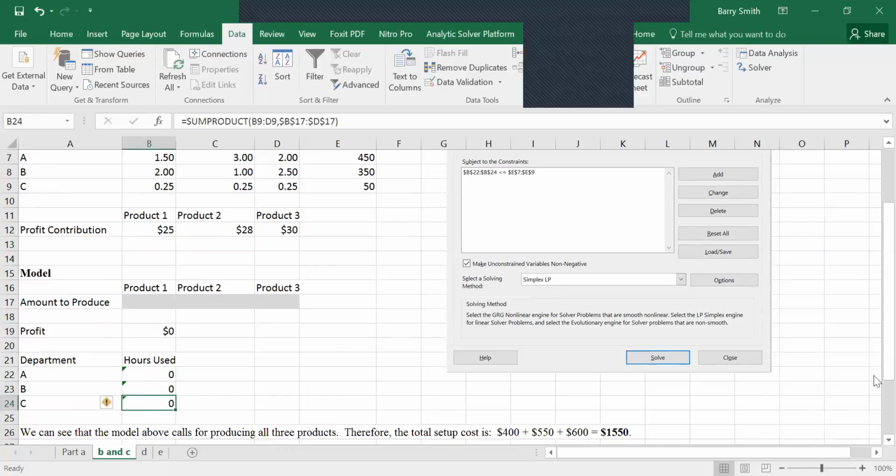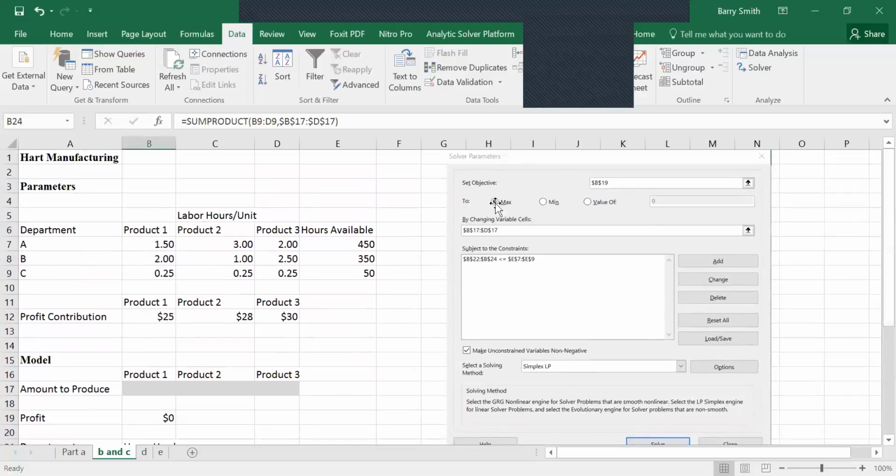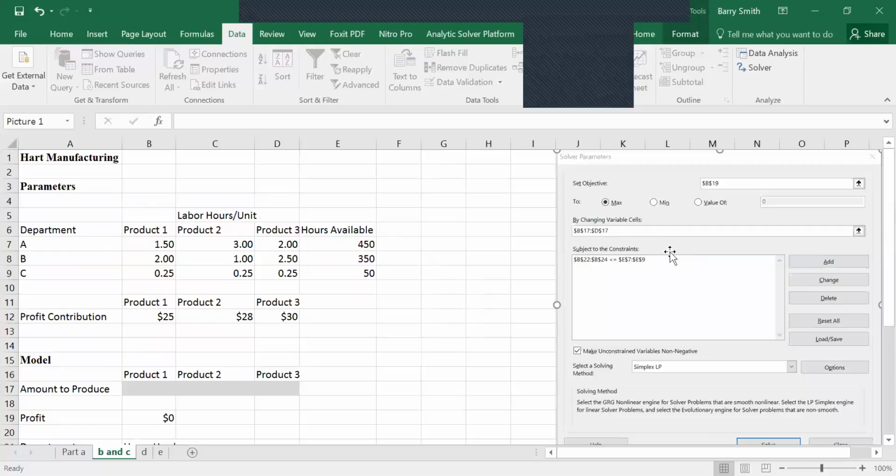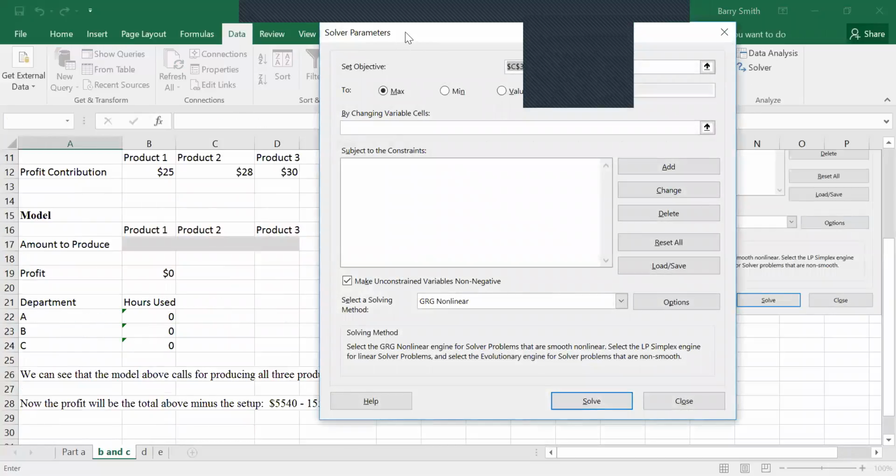Okay. All right. So now, since I can never remember how to do this, I just went ahead and copied this. I did it once to make sure everything worked. And then I copied it in here. And so now I just have to type it all in here. All right. So